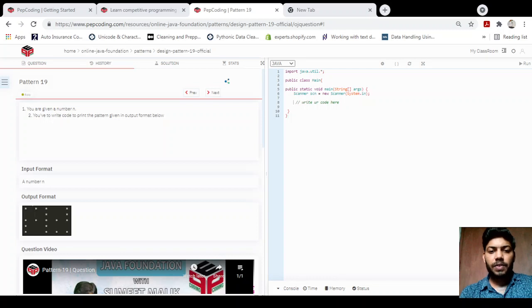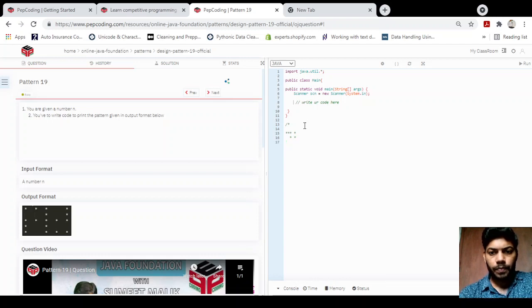Guys, let's start with the new pattern wherein we have to print a swastika and we are given a number n and need to print the swastika. So let me first write the swastika here, where if n is this, so it will be here, and one space and one here, one space, and this is in the third place,